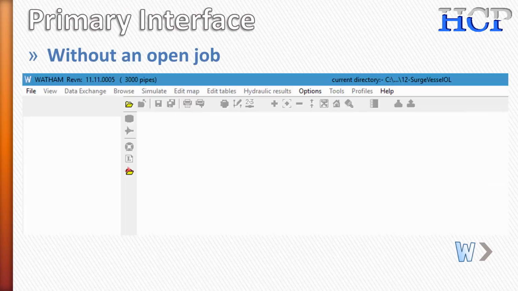When you first launch the application, and at any other time when there is no job file open, the primary interface will look like this. The application will be parked in a mode that offers very few functions. The only active menu options will be File Operations, options that apply to the application as a whole, and the